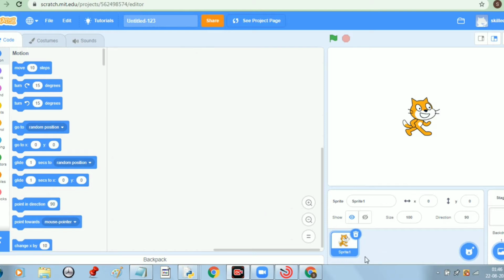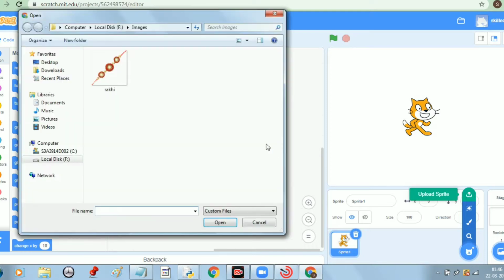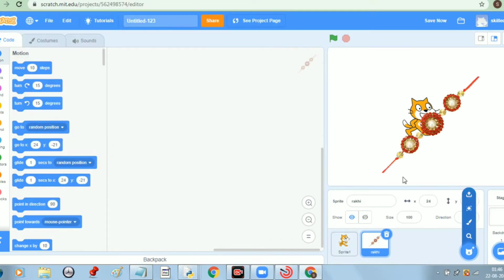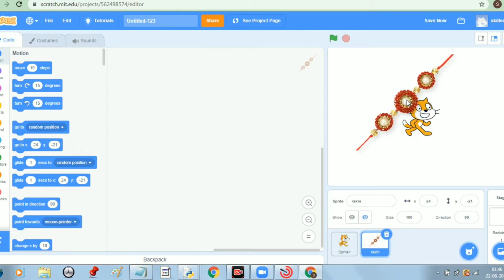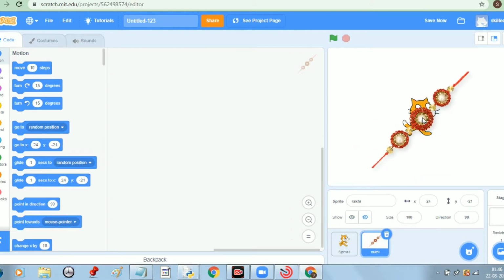As this is a project of Rakhi, we don't want the cat sprite in our project. We need a Rakhi. We already have an image of Rakhi. We will provide the link of this image in the description. So this is the image of Rakhi which we want in our project.